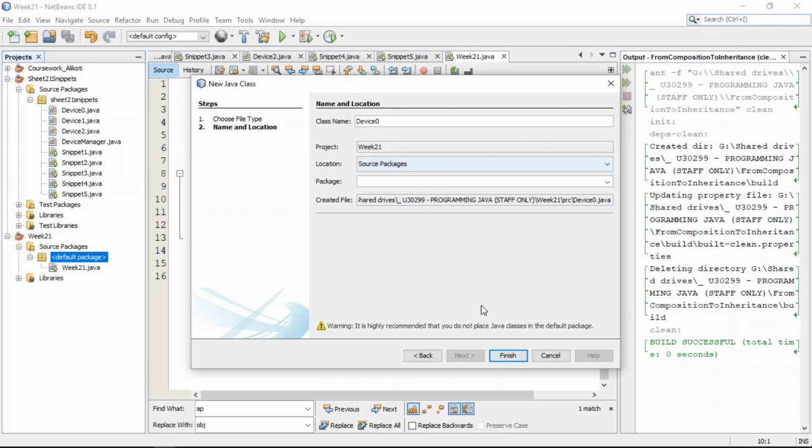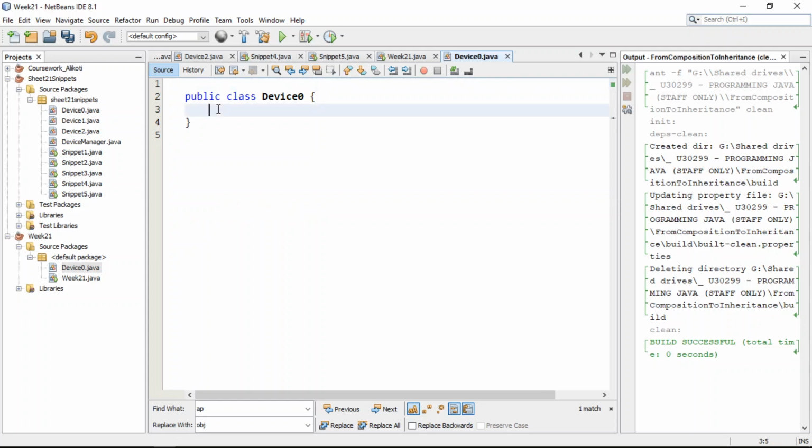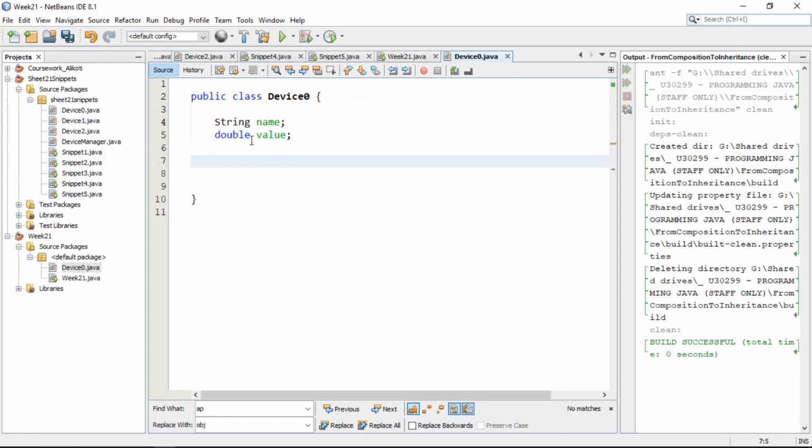There's only two values associated with this device. Let's get rid of all of that. The first one is a string variable which is going to define its name, or allow me to put some text in, and I'm going to have a double. I could have had an integer which is going to give me a value. What do these values mean? Well, name could simply be the name or the type of device, just to make it easy when we return it. And the value,